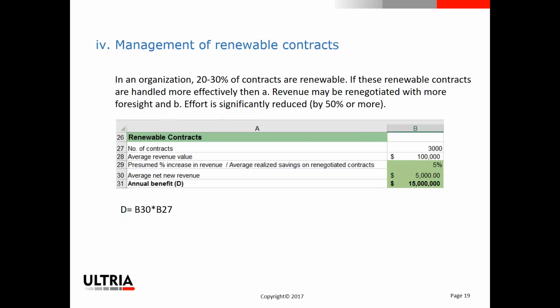Let's just take a scenario where you've got 3,000 contracts. Average deal size on the sell side is $100,000. Let's take a conservative presumption that on average at renewal, each of these will increase by 5%. So average net new revenue on a $100,000 deal, 5% is quite simply 5,000 across 3,000 contracts. That's a quick 15 million. Now, yes, you can adjust based on your percentage of renewals, but the reason why this